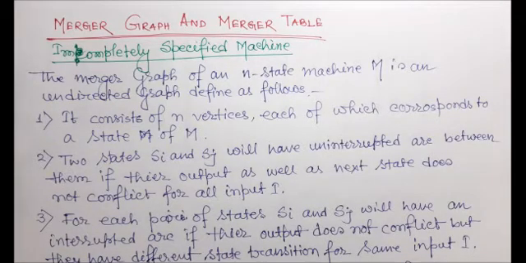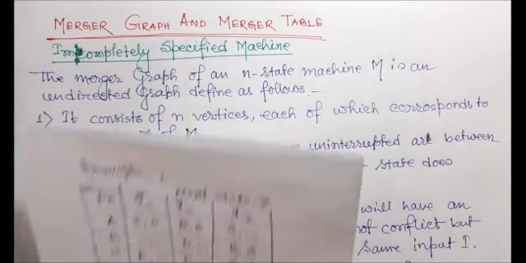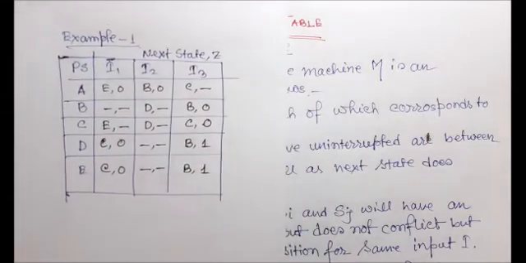Hello everyone. Today I am going to discuss a new and very important topic: merger graph and merger table. In the previous lecture I discussed k-distinguishable and state equivalence. With the help of this concept I minimized a finite state machine. But what will happen, suppose we have a finite machine and some of the